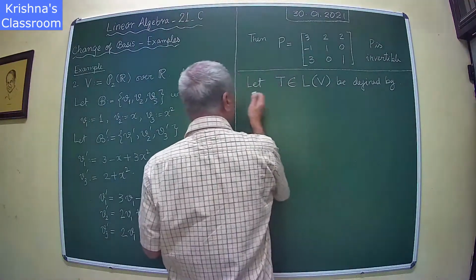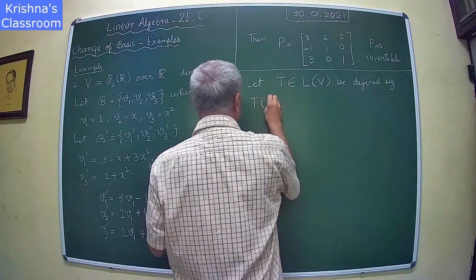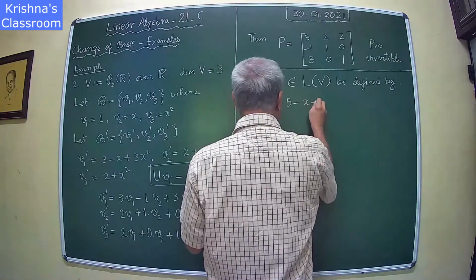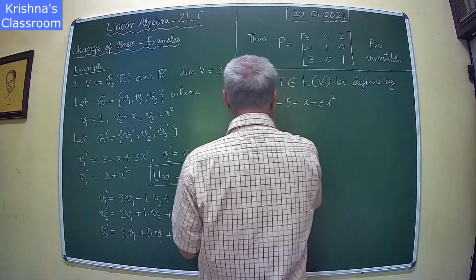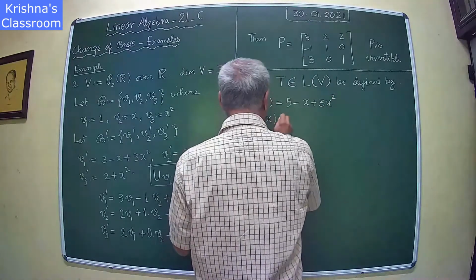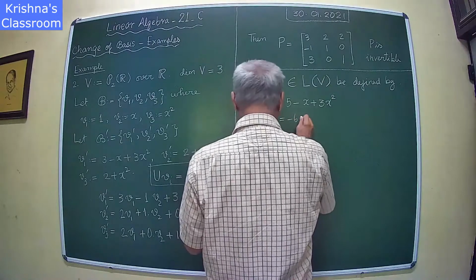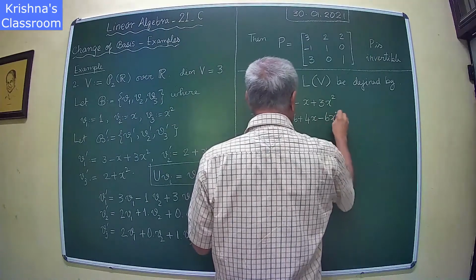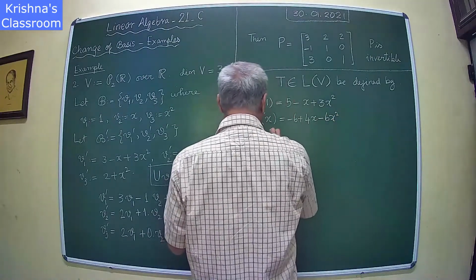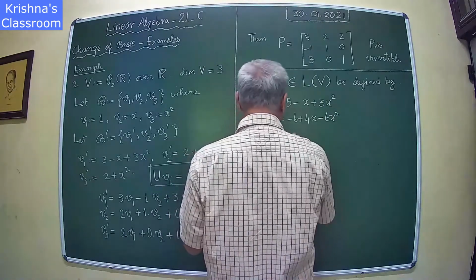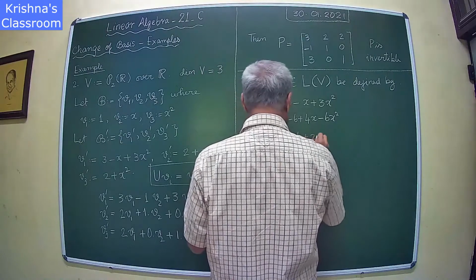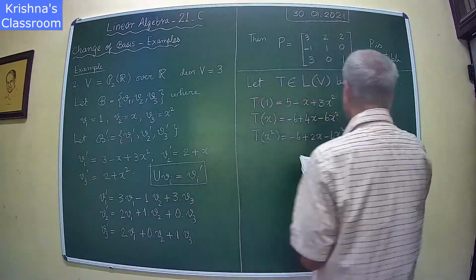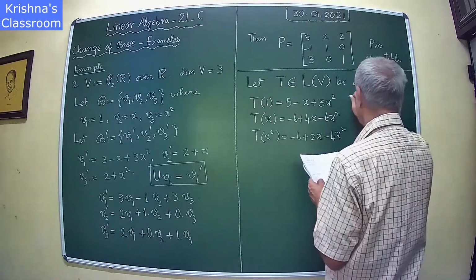So let T be given by T of p1 equal to 5 minus x plus 3x squared, T of p2 equal to minus 6 plus 4x minus 6x squared, T of p3 equal to minus 6 plus 2x minus 4x squared. And this is essentially equivalent to